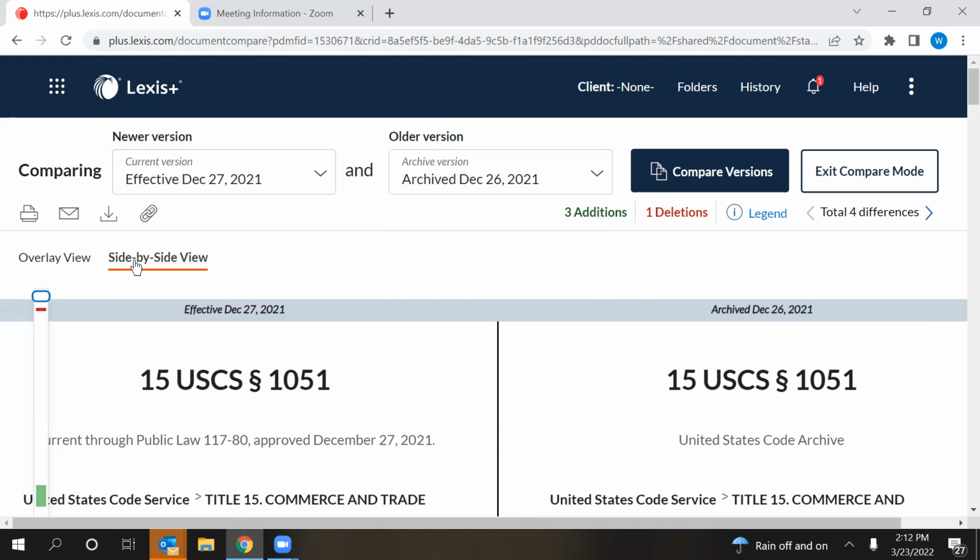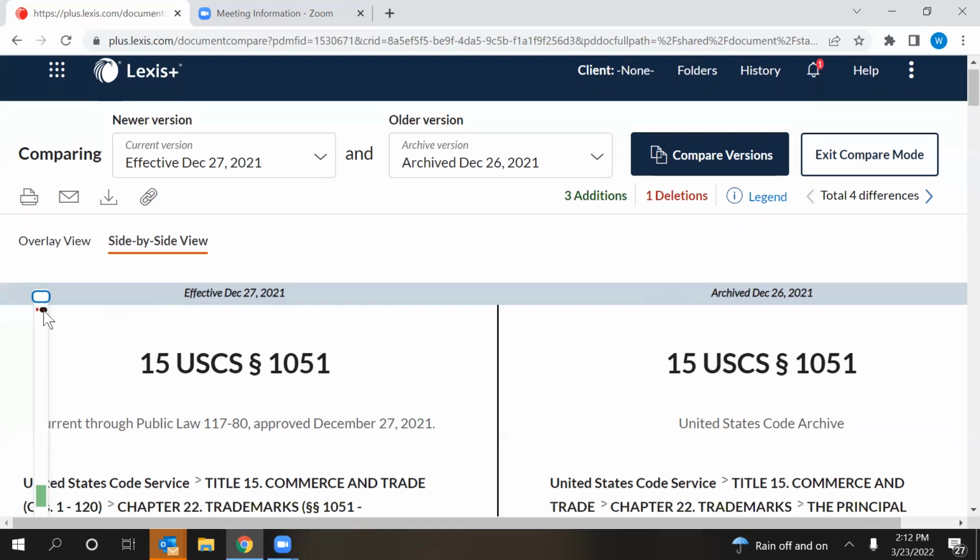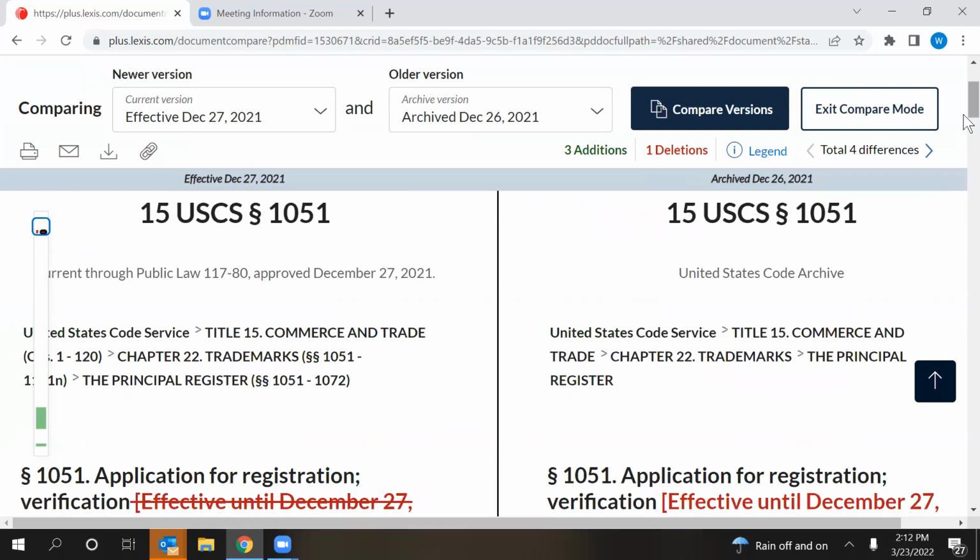And there's 2 ways that you can view your changes. The first view is side-by-side view. So here we have December 27th of last year compared against December 26th of last year. Here on the side, we have what's called a heat bar. And so this will allow you to quickly go to those changes. This 1 deletion seems to just be more of a